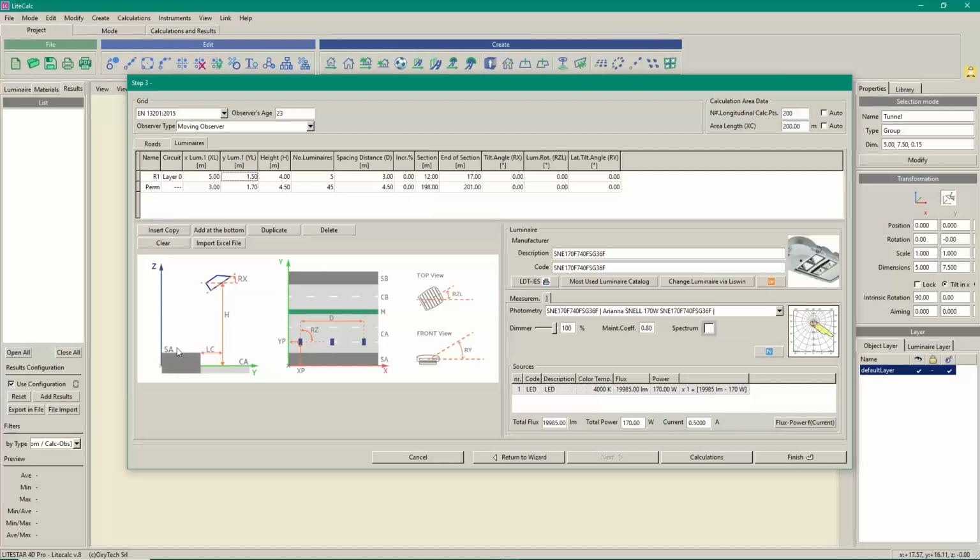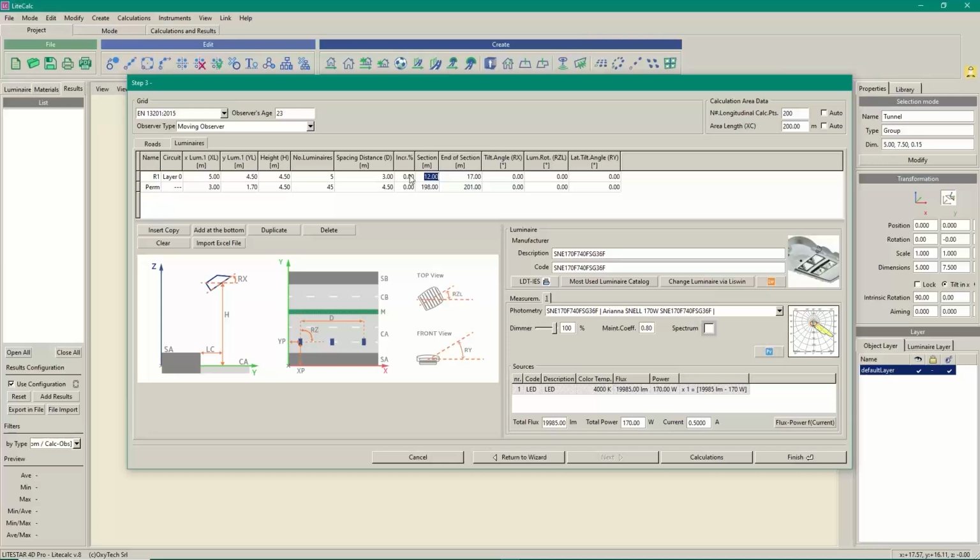So we place it, let's say, in the middle of the tunnel at a height of 4.5 meters, and the total number of luminaires, let's say that we have a total of 3. The interdistance of 2 consecutive luminaires is 3 meters, and we want to cover the